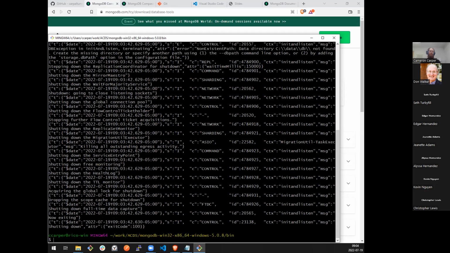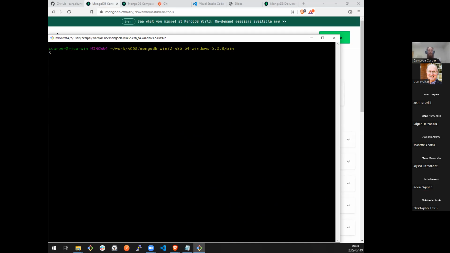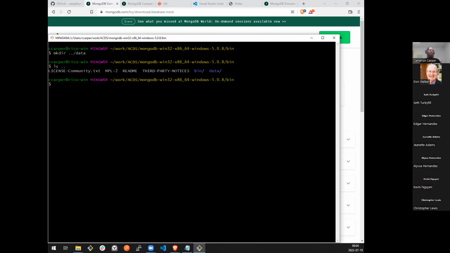So as I mentioned earlier, I prefer to create a directory to hold my data. I typically throw it one directory up, just to be separated from my binaries, and call it data. If you're not familiar with the command line, all I've done is create a folder one level up and named it data. So now I have a folder in work ACDS Mongo Win32 /data, which can be seen here. This is the folder I've just created. The only thing I'm going to change about my Mongo invocation to make it write all of my data into this folder is this. Again, if I mess everything up, I can delete that folder and I'm back to a 100% fresh start.